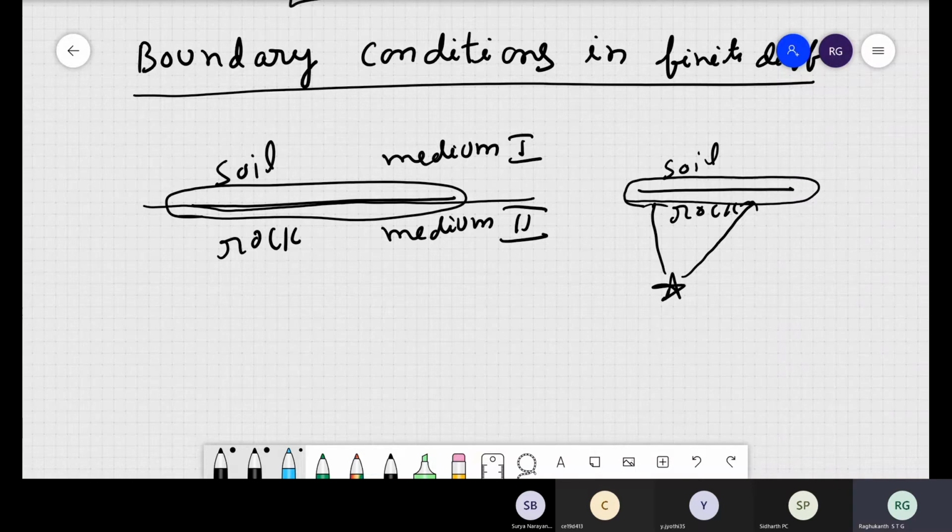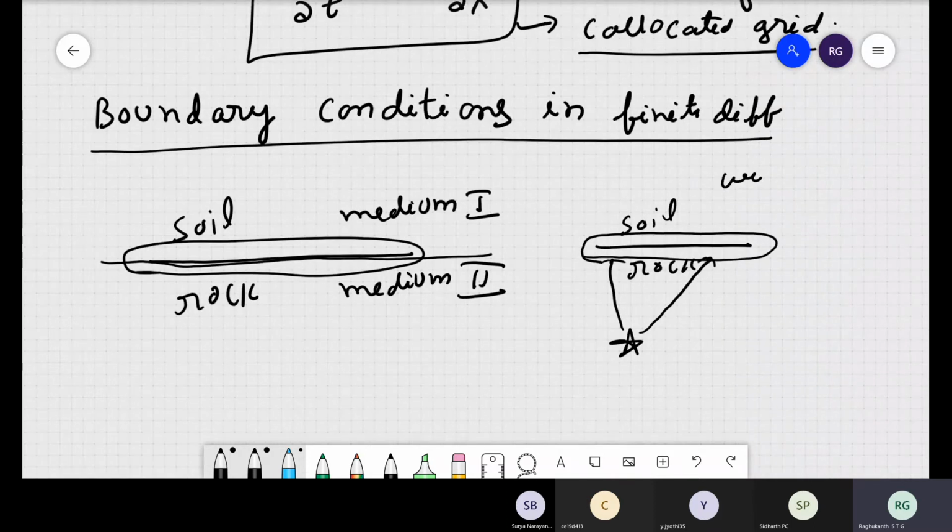Displacement. Displacement has to be continuous. So what does it mean? If displacement is continuous, then there is no slippage. You followed, right? So we can call this a welded interface sometimes. So when you do welding, what happens? Displacement will be continuous. Now what is another continuity? What is the other thing that has to be continuous?